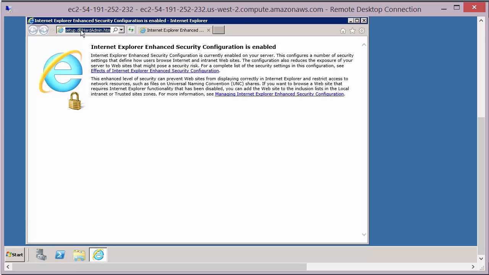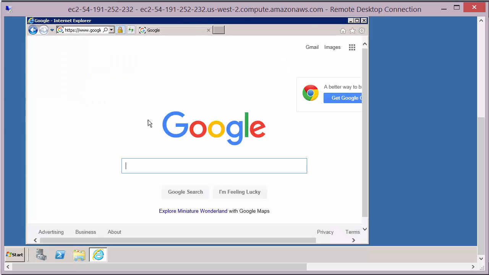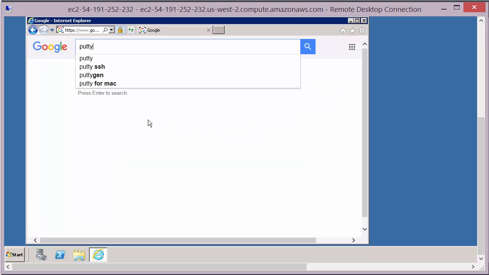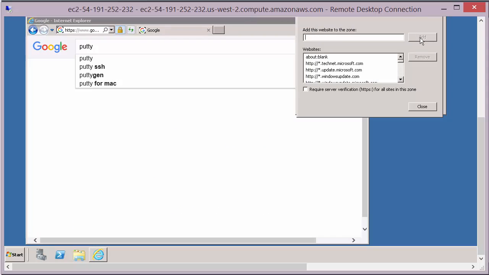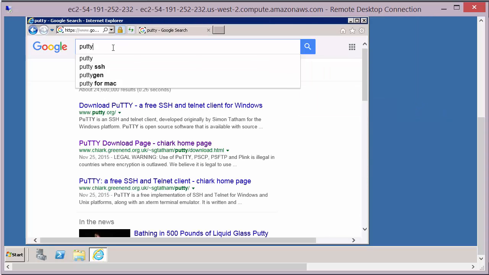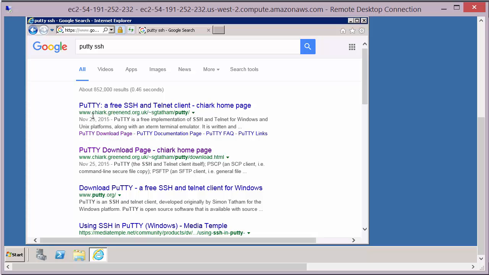for the download page for Putty. So if you just search for Putty SSH, and you want to go to this website, the greenend.org.uk site,